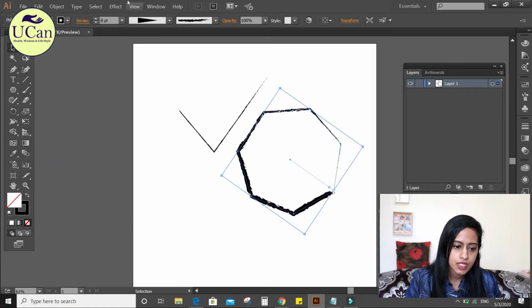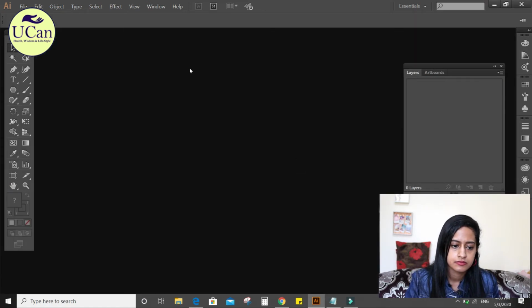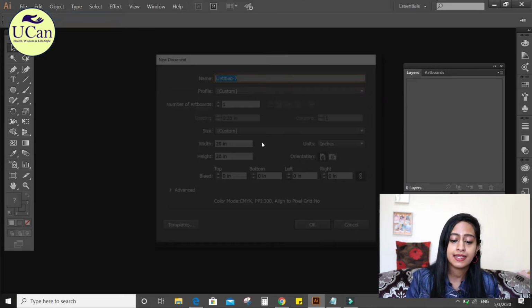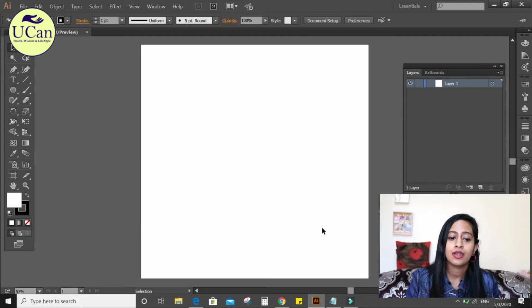The main three setting bars in Illustrator, so you know what it is. It is the layers bar, the tool bar, and once you open the canvas or any kind of artwork, you will automatically get the control panel, which is on the top of the software for your amendments and tweaks of certain elements in Illustrator. So if you see, once you close the canvas, the control bar will also disappear. So in case you want your control bar visible, you will have to open a canvas. Then only the top control bar will open. Other than that, don't try opening, because it will not open, and don't try to find it also.